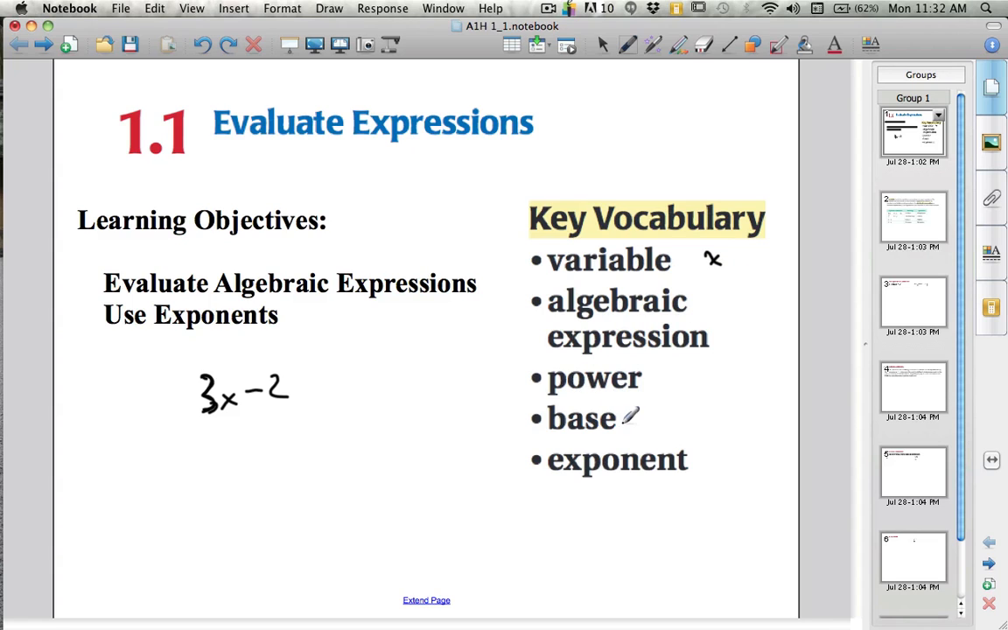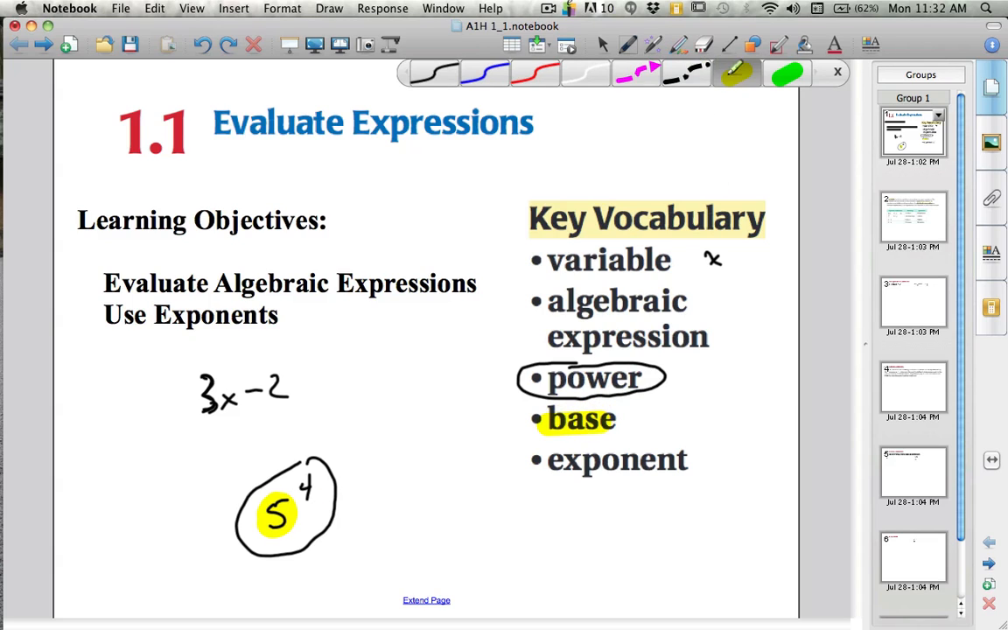And when we talk about powers, we could have something like 5 to the 4th power. This collectively is a power. And 5 is the base of the power. And 4, in this case, is the exponent. Okay, so that's a quick overview of the vocabulary we'll be using and some basic ideas about algebraic expressions and